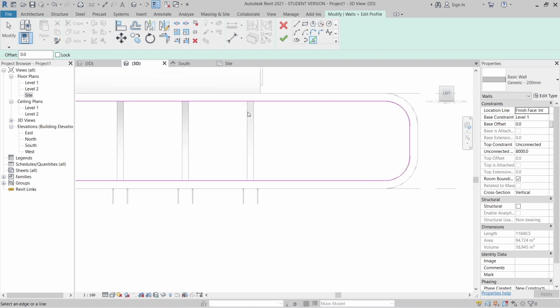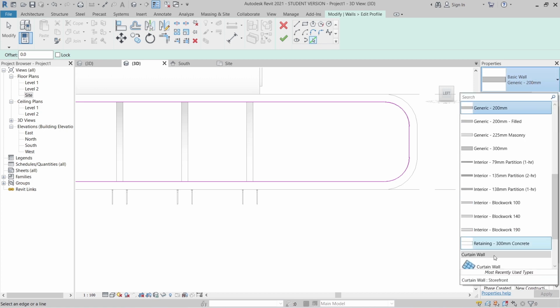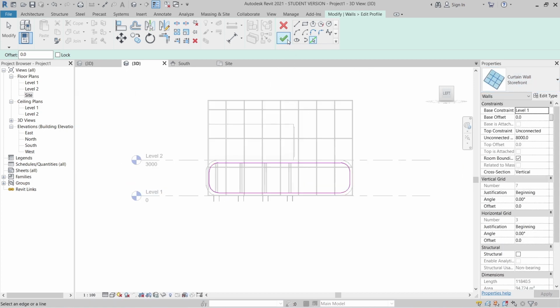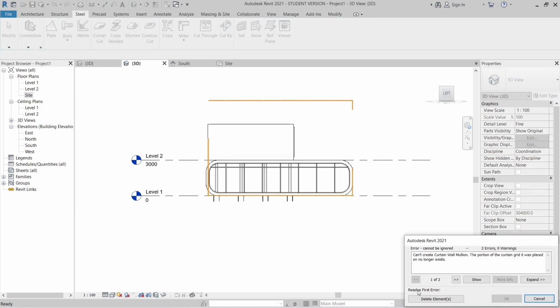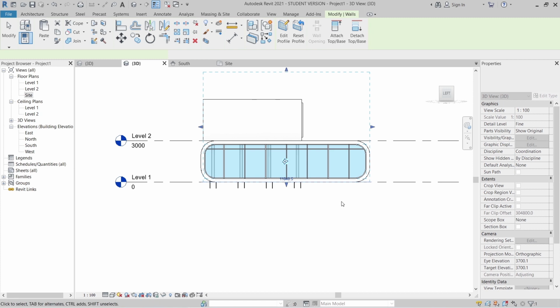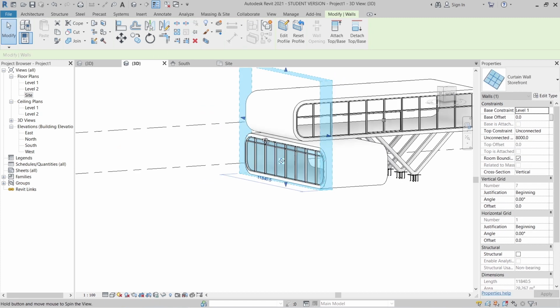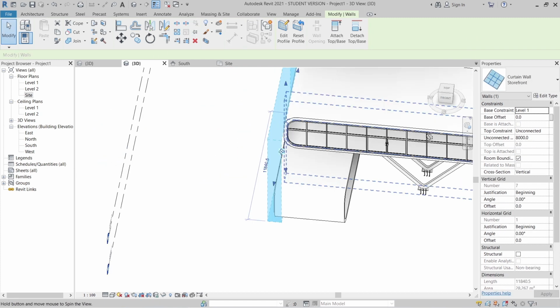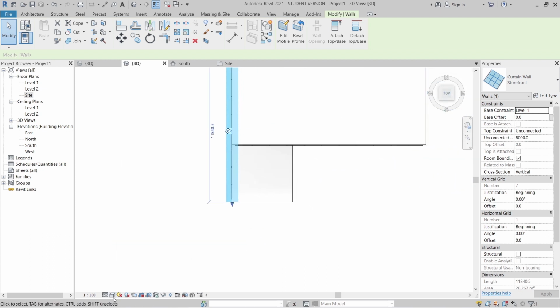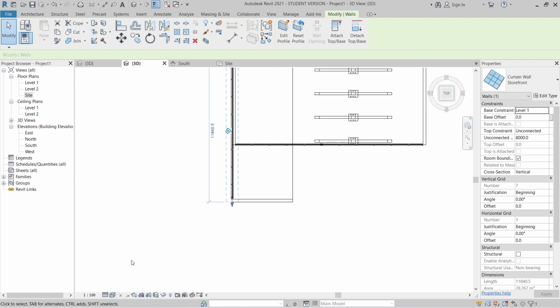Hit escape, then I just change it to storefront. Simply hit finish. Hit finish again. Then I don't care about that, just delete it. And okay, then let me start from the top here, change it to wireframe, Ctrl+C for